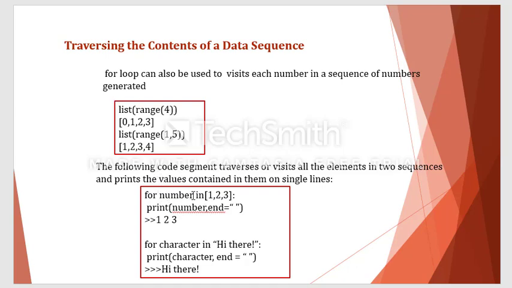So a for loop can also be used with a list, and with strings. So a for loop has so many advantages here, and can be used in so many different ways. So here you can see for number in 1 2 3, what is this 1 2 3? 1 2 3 is a list. So here I am printing all the values of this list.